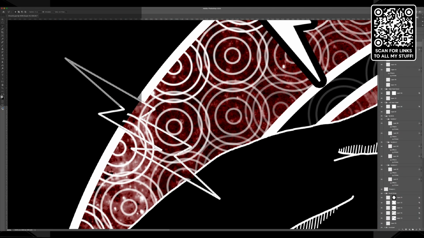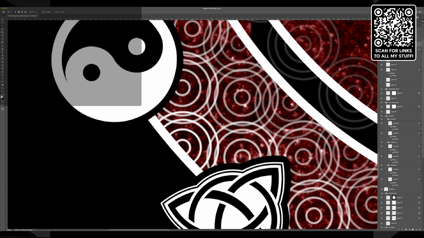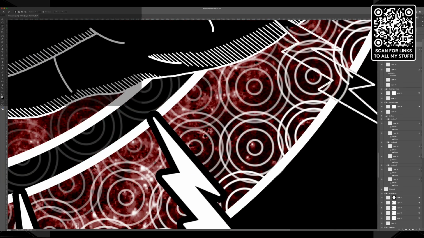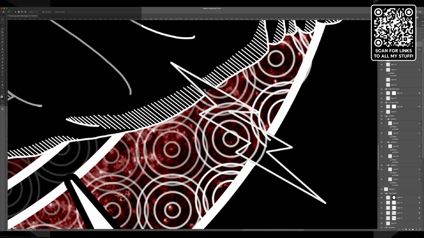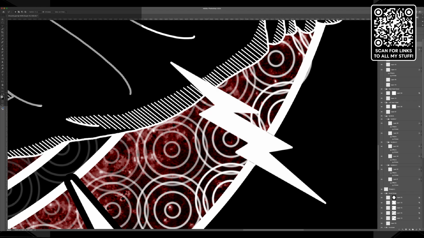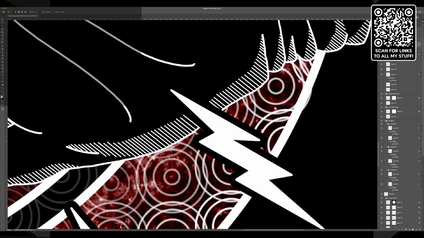I saw something weird. It's just been my eyes playing tricks on me. I got to see what I want to do with the hands though too. And if the hands do end up having galaxies in them, then that may change my calculus on making these lightning bolts red. See, that's what I mean about the image as it currently is incomplete. I don't have a full sense of what it's going to look like. And without that, it makes it a little trickier to figure out.